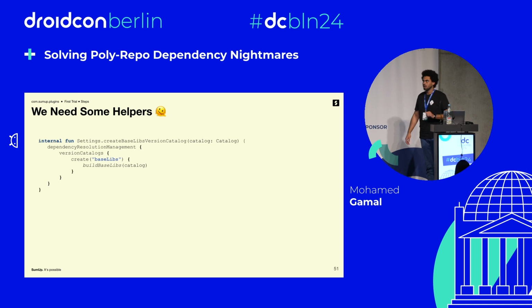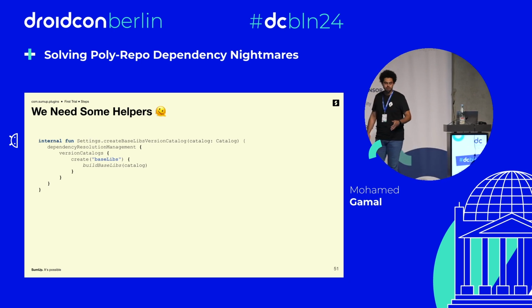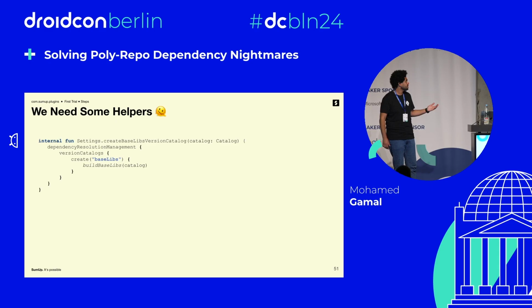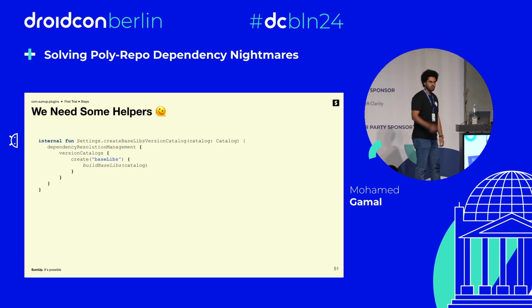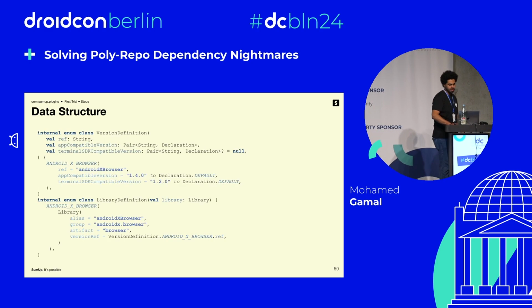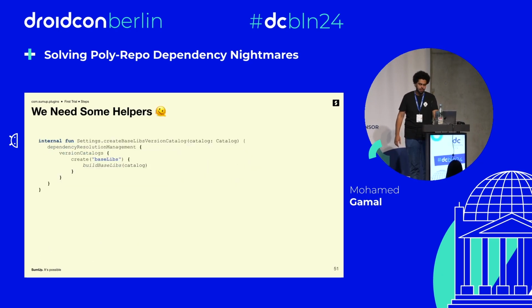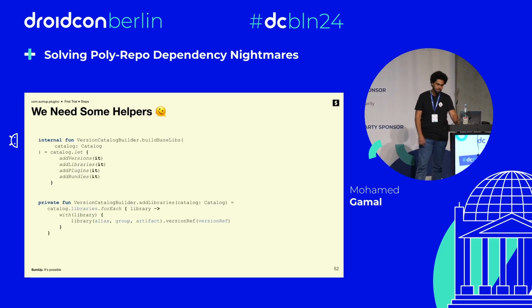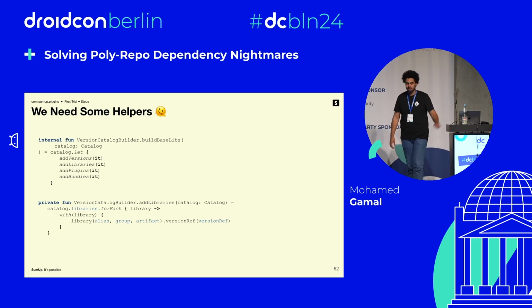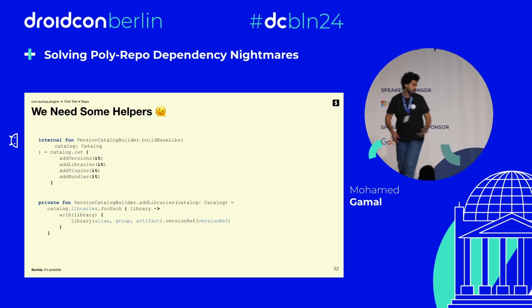So we agreed that we will have a custom plugin, and this custom plugin is a settings custom plugin, so we need to build an extension for that, which is called create baselibs version catalog for me, just passing the catalog that we just created here, the bottom, the catalog data class. So once we pass it, it will create baselibs after it builds the baselibs. How does it build the baselibs? We just pass the catalog. It's an extension to the version catalog builder. The version catalog builder is the one that